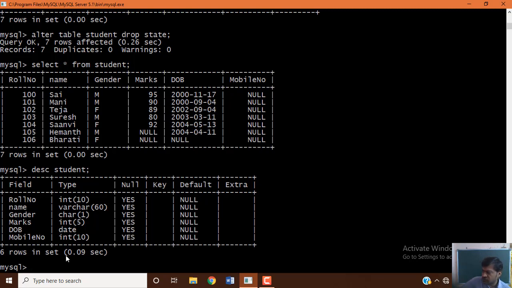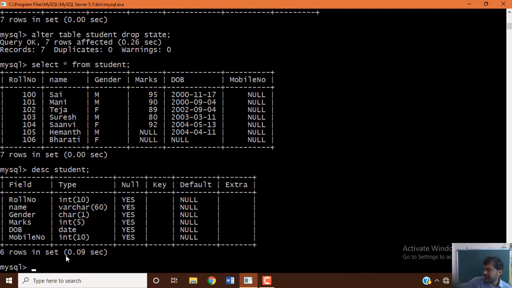The DROP TABLE command is used to remove or delete a table permanently. It should be kept in mind that we cannot drop a table if it contains records. That is why first of all the rows of the table have to be deleted, and only then can the table be dropped.